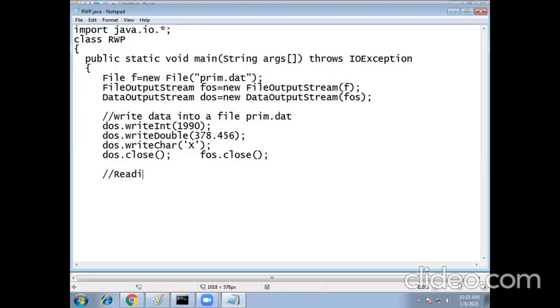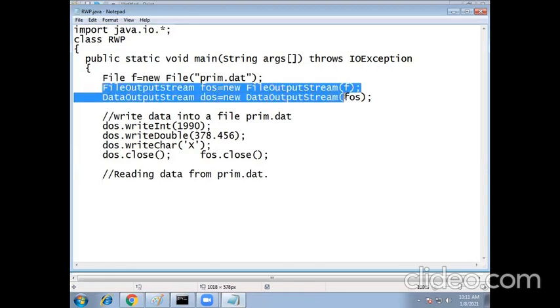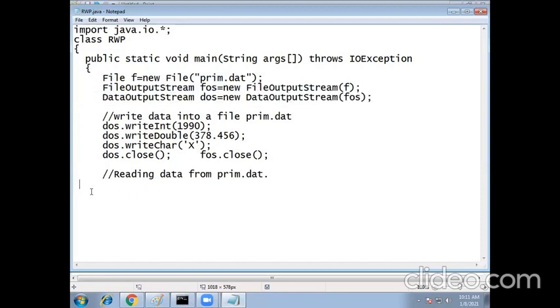Next, reading data from prim.dat. For that, what you have to do is again create the file input stream and file output stream objects.